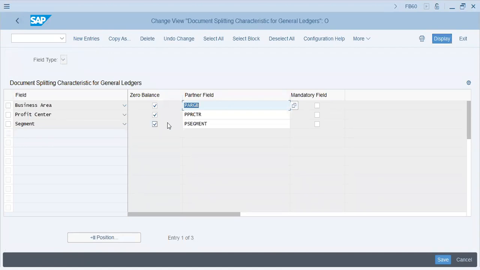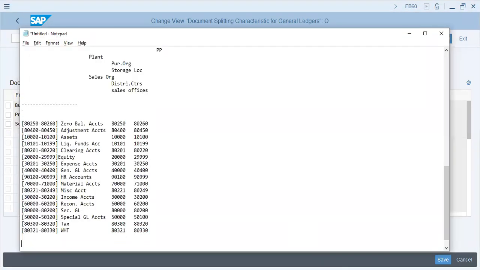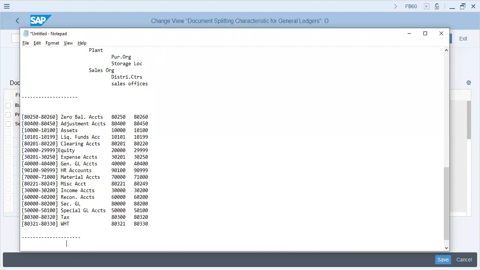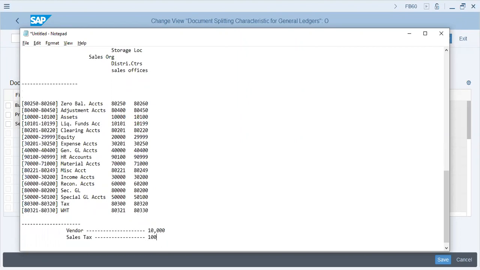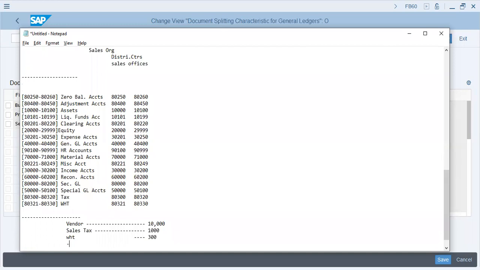Now, this is very important. Since we are using profit center, based on profit center, zero balance. What is zero balance? Let me tell you that. Okay, zero balance. When vendor amount, which was 10,000, sales tax, there is amount 1,000, withholding tax 300. When it is split into